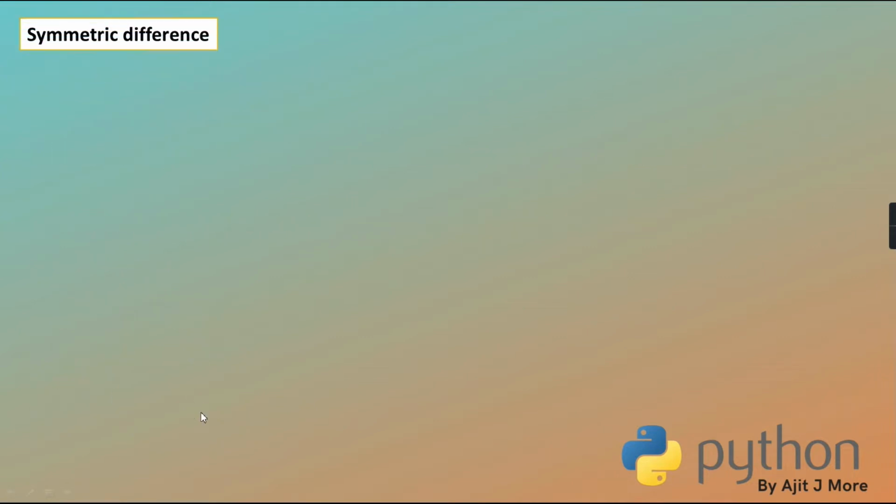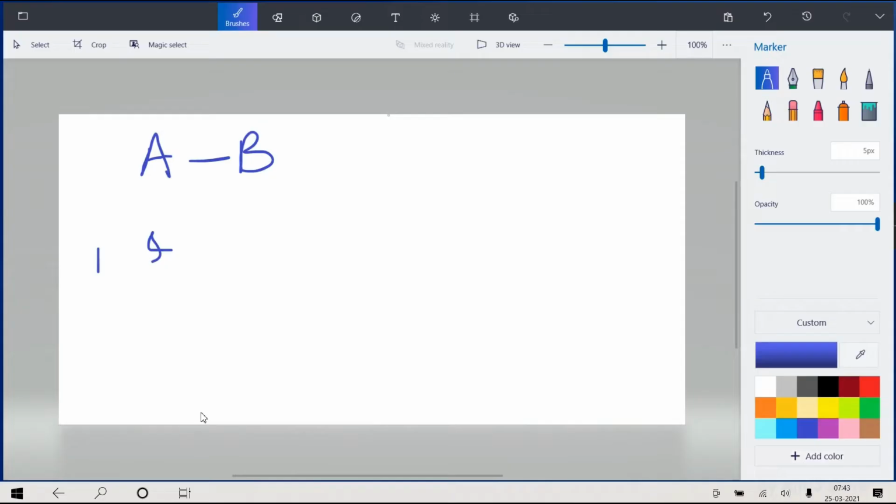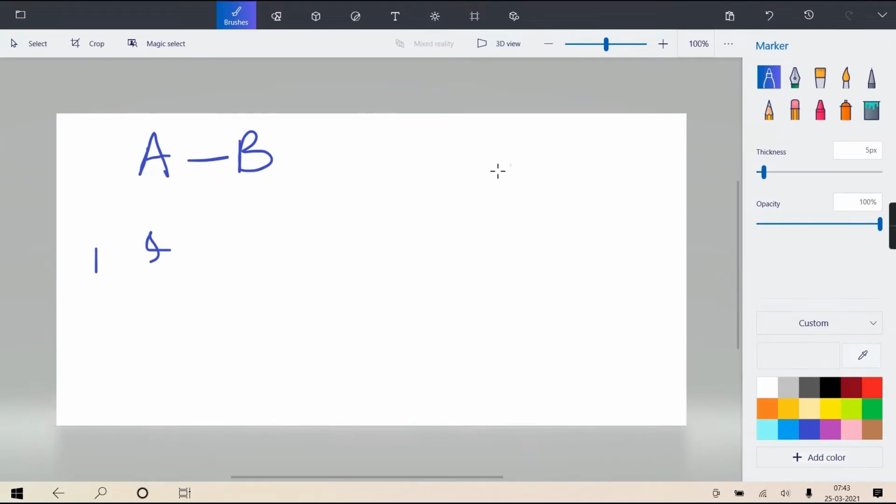Then we have symmetric difference. In case of symmetric difference, there are only two sets. You cannot have more than two. Normally they write it with a special sign, or in some books with a dot above it.